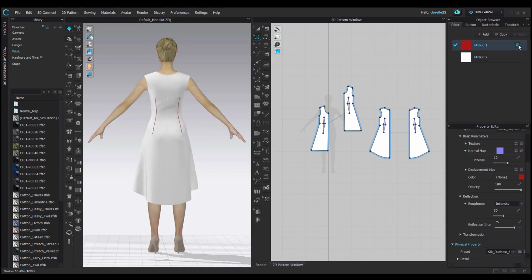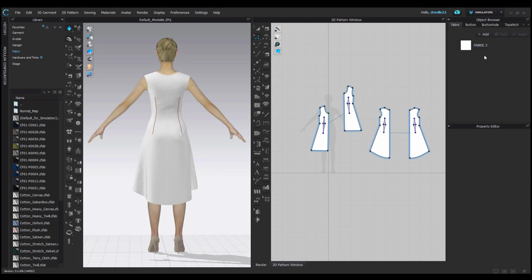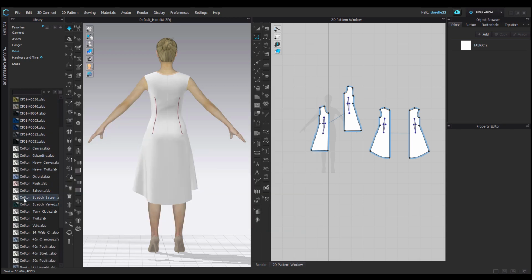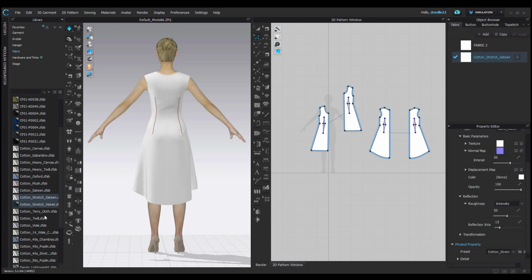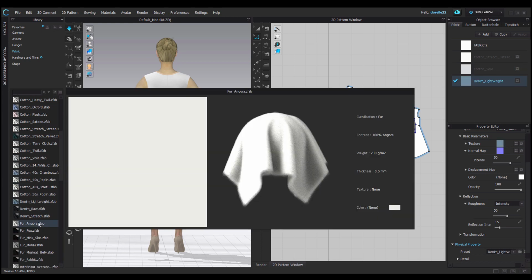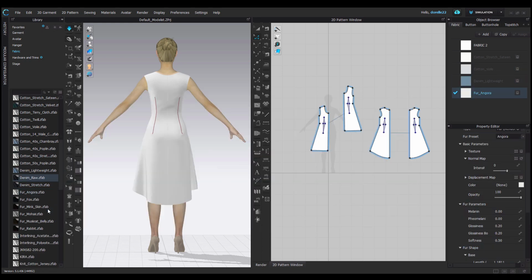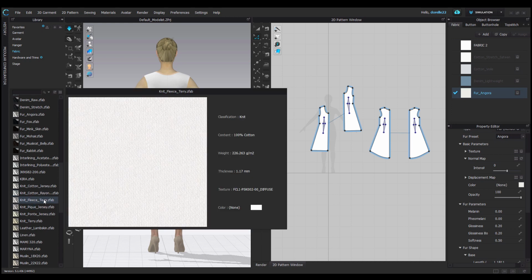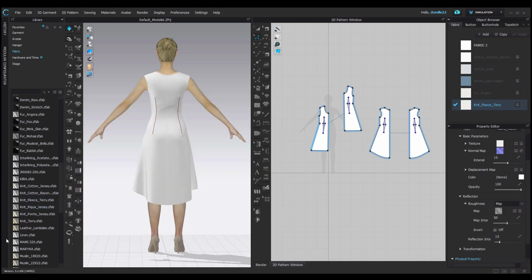So let's start with our default fabric, and I'll delete all the other fabrics. Adding a fabric is as simple as going to your fabric library and double clicking. I'm going to select a few different types of fabric that are kind of similar, but they react differently on the form. In the simulation they react a little differently, and in the render it will show up differently. So we're going to look at those few aspects really quickly.